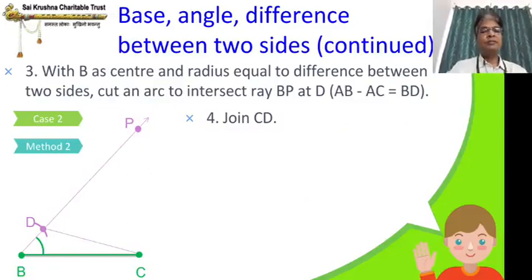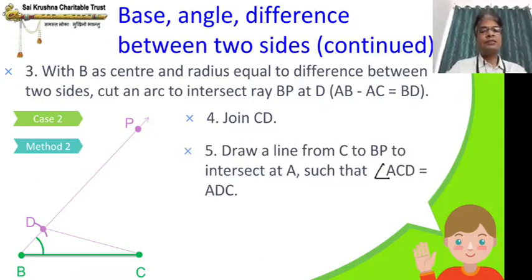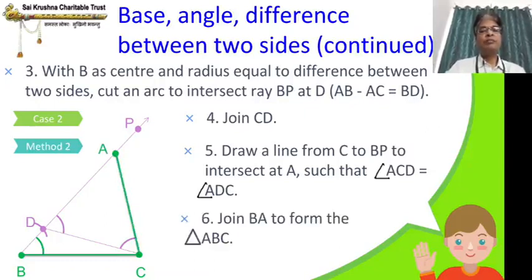Now, the difference: again pause the video, note down your answer and then play the video. Very good. It is equal angles. First measure the angle at D, which angle? So, A is going to come in between D and P. So, measure the angle PD. Yes, at D you measure the angle, move the protractor to C, same angle, draw the line and join the point. Now, join AB. Got it? Everything else is same.